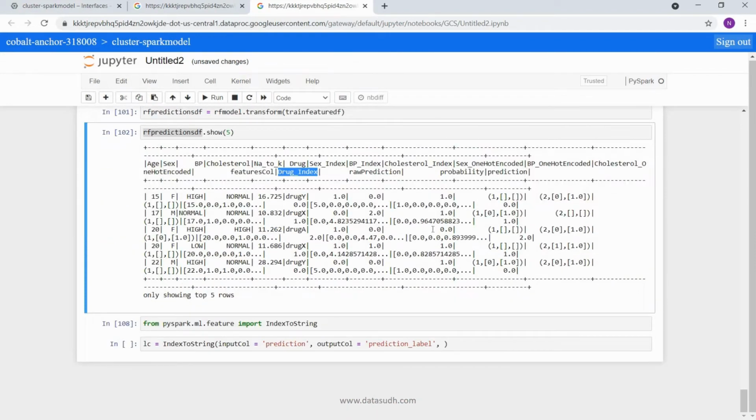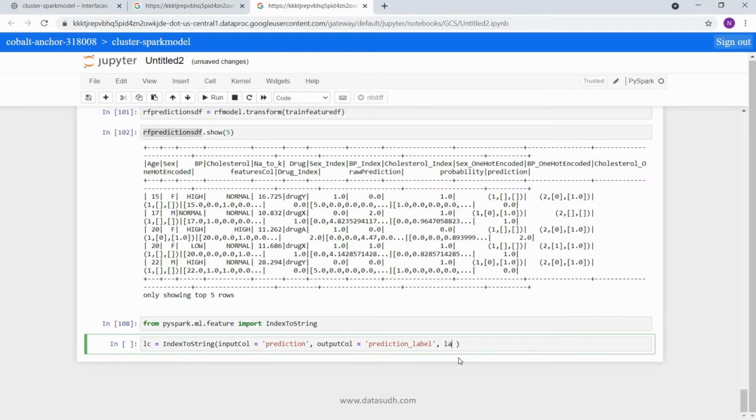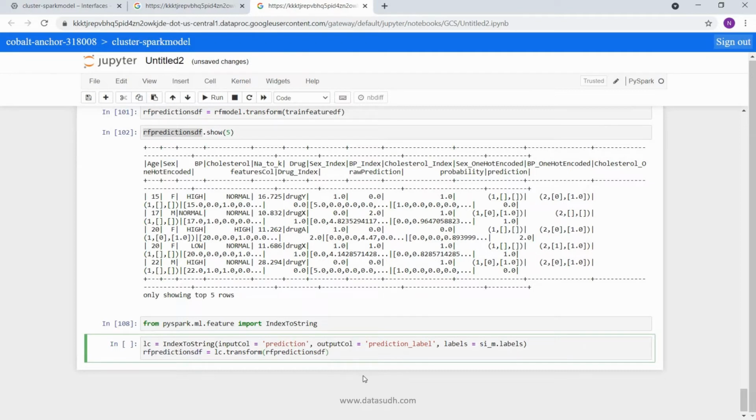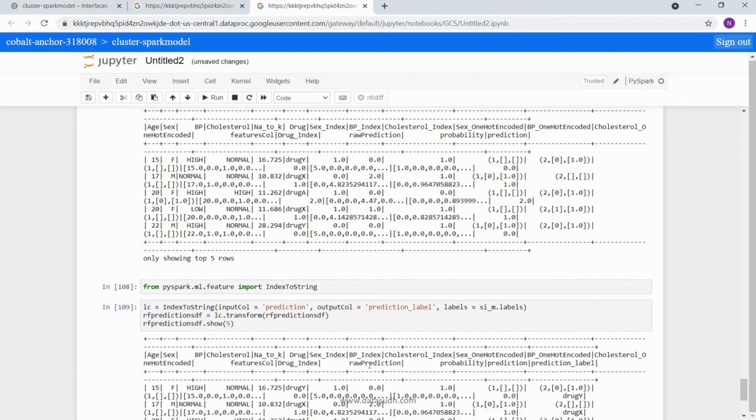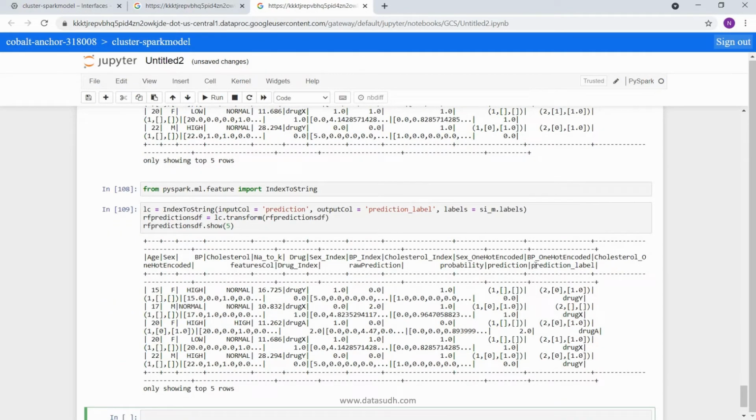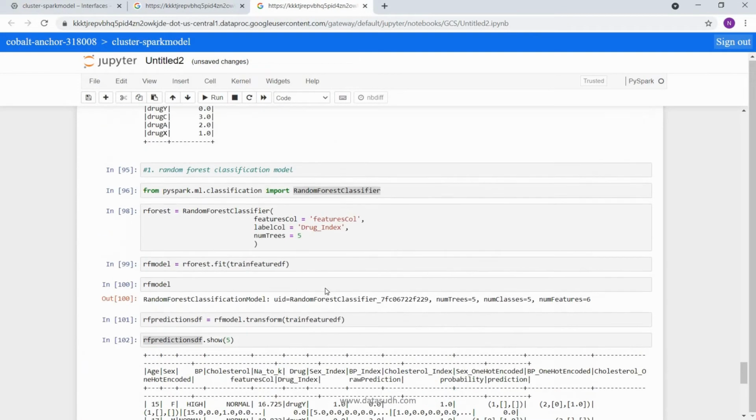So labels equals this dot labels. Then we are going to transform this data, and then if I view the data, you can see that now I have an extra column, prediction label, and it tells me that 0.0 means drug Y. So this is the complete way to build and train a classification model.